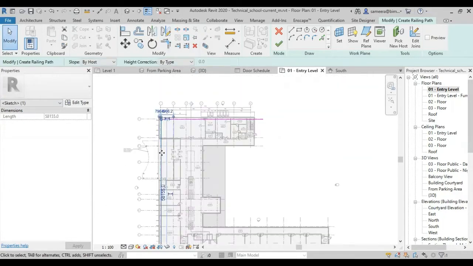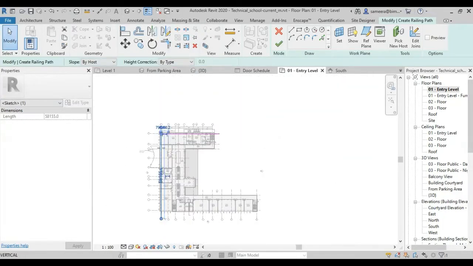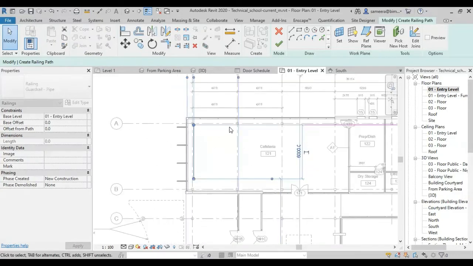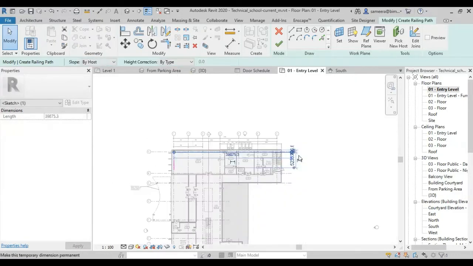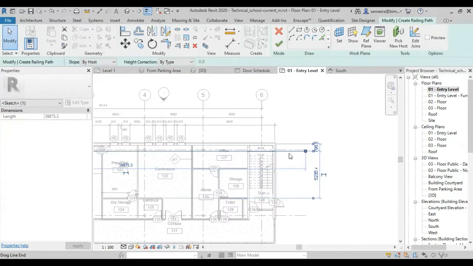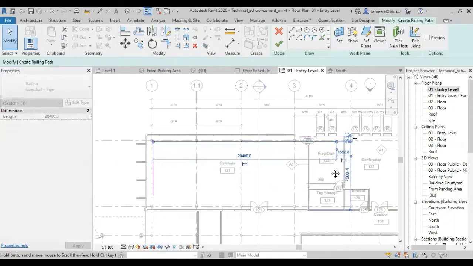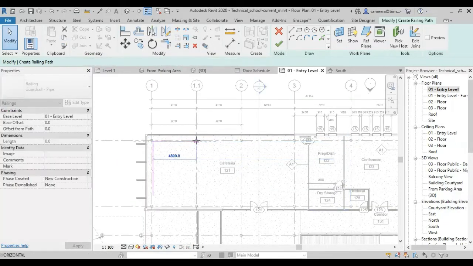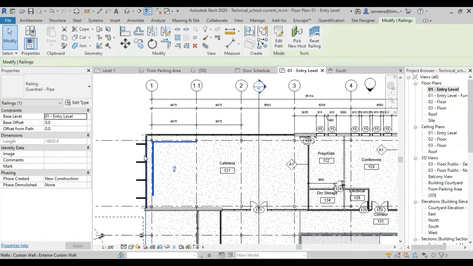Okay, so after making the correct length for the railing, you will get the total length. So see, I just completed it like this. I'm going to finish this one. Here you can see in the properties what the total length of the railing is. So that can be seen from the properties. This will be the answer for that particular question.